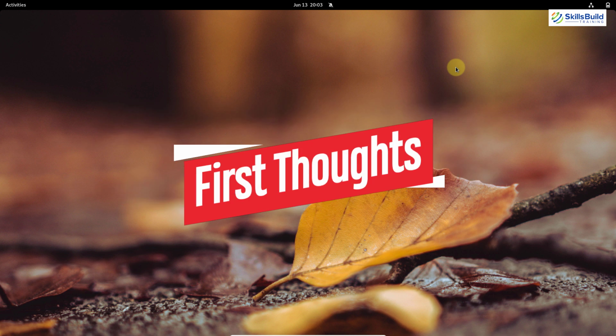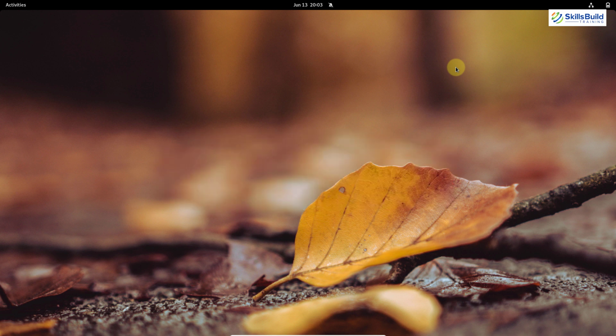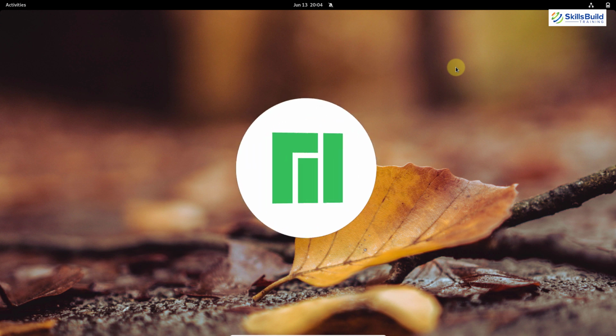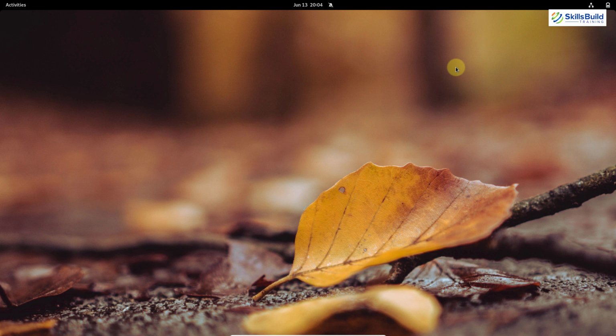Now, if I give my thoughts about Arch Linux, I would say that it is not good for beginners, because when you try to install it, you do not get to see a graphical user interface for installation. You have to install Arch Linux on your system by using commands and a text editor. Those who are new to Linux distributions are not good with commands and have no idea how to use a text editor. So I would recommend those beginners to use any other Linux distribution like Ubuntu, or you can go with Manjaro, or there are many other Linux distributions.